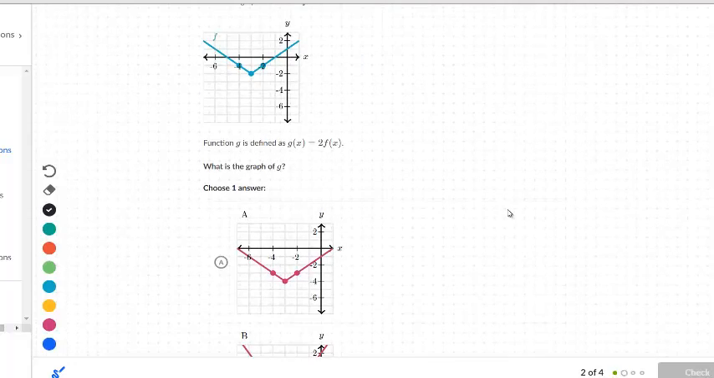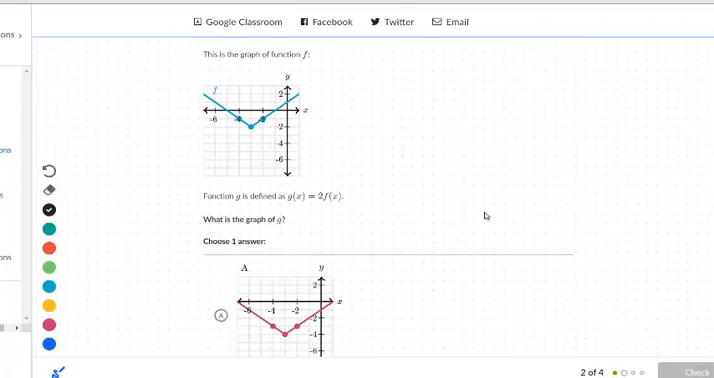All right, so let's see what our next question is looking like. Here we have a graph of a function f, and g is defined as twice as tall as what f is. So I'm going to take every single output that is here, and I'm going to make it twice as tall. Now, when we're stretching it vertically, it's important to know